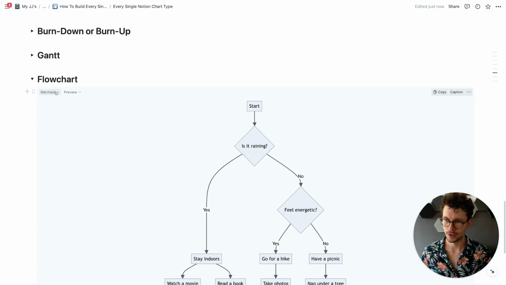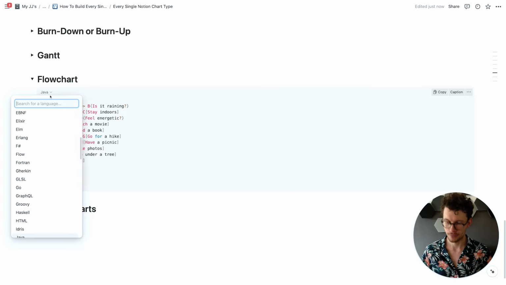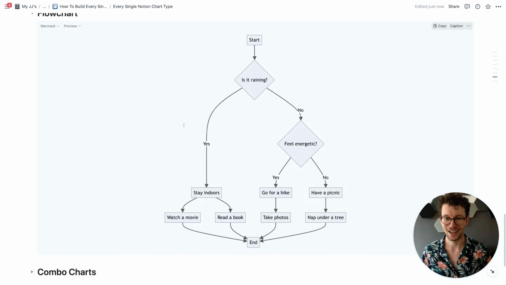One extra thing, you need to make sure that your code is set to Mermaid. So if it's set to Java or something else, right, it won't work. So you need to make sure here you look for Mermaid. Now, of course, I hear you, right? Writing Mermaid code is probably not something that everyone just does on a random afternoon. I can't write it myself, but